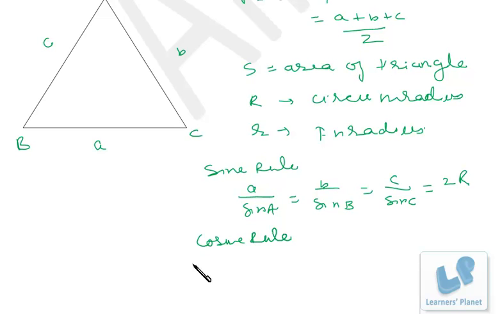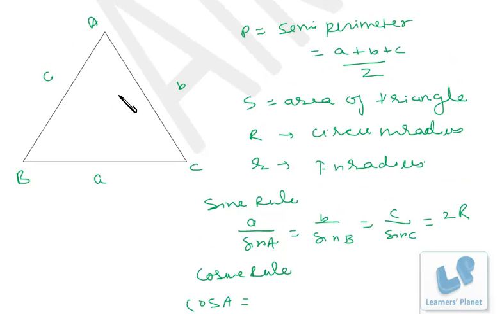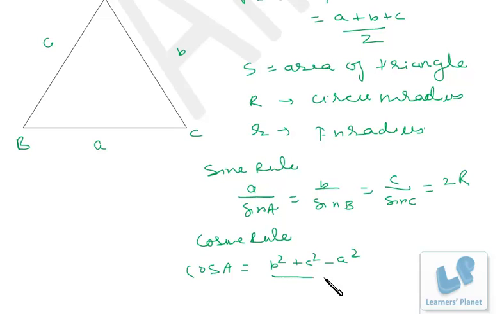Suppose we take cos A is equal to (B square plus C square minus A square) by 2BC, right? Similarly, cos B will be what? (A square plus C square minus B square) by 2AC. Similarly, you can find out cos C. So these are going to be important, as sometimes they are used to find the solution of triangles